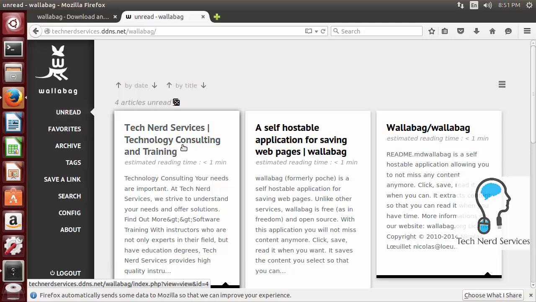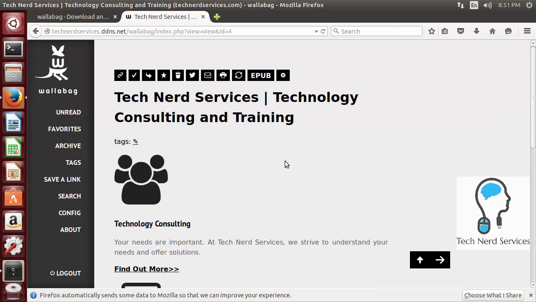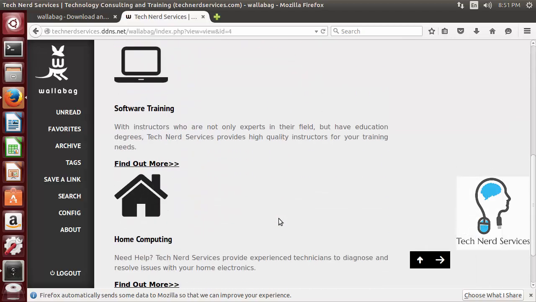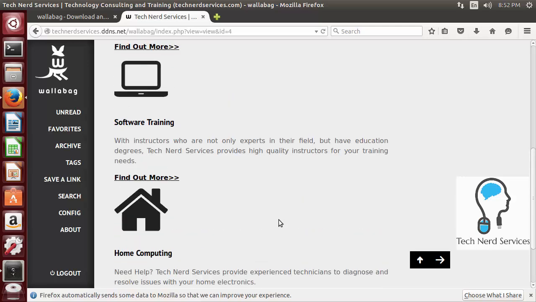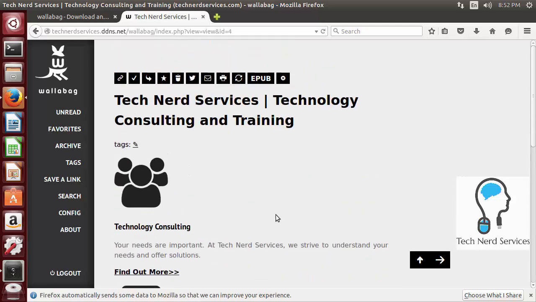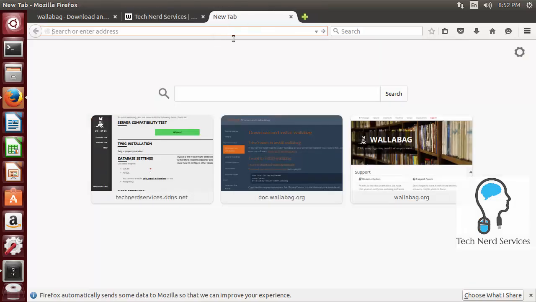I can go ahead and click on the Tech Nerd Services web page, and it does only take the content. So you can see that it doesn't actually make it look pretty or anything, just images and text is what it takes. I can then now go to my blog and say maybe there's an article on my blog that I'd want to keep. So in order for me to keep it, I just open up a new tab. I type in my